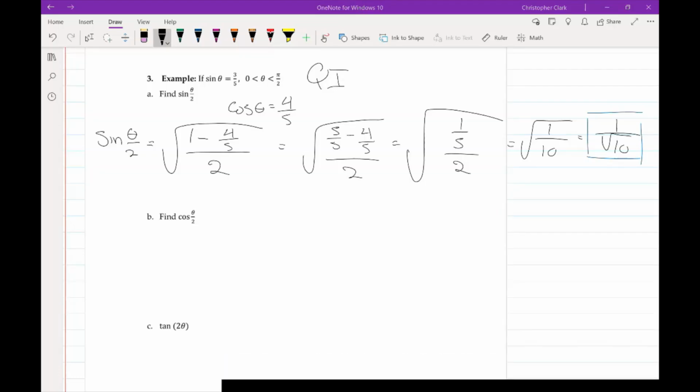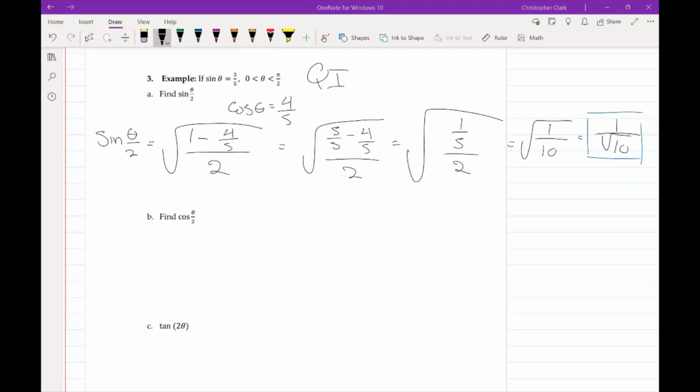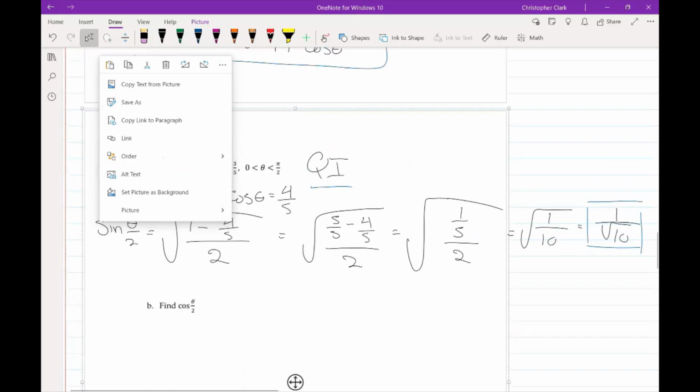All right, so picking up where we left off, we are on example 3, and the information that it gives us is sine of theta is 3/5, and theta is between 0 and pi over 2. So this tells us that it is in quadrant 1. Now, we already found sine of theta over 2. We just used our half angle identity,